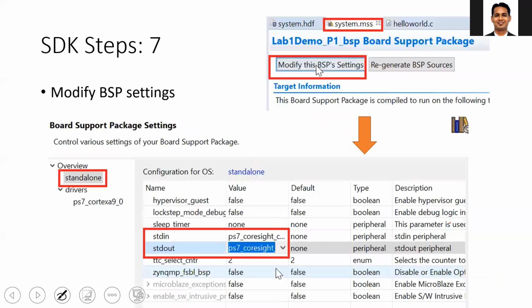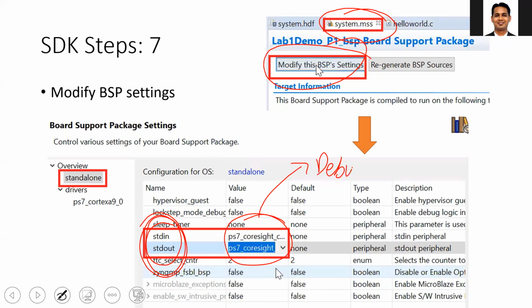To do this, we need to go to the system.mss. This file is already open in your SDK project. Click on the modify BSP settings, and all the standard inputs and outputs which are there, modify from the UART to the coresight. This coresight is nothing but the debugger. It will help us to take the data from the actual board and then display it on this software. So this is the way to check what data is being printed on the UART. This is a very important step, so make sure you complete it before you do it. Now,